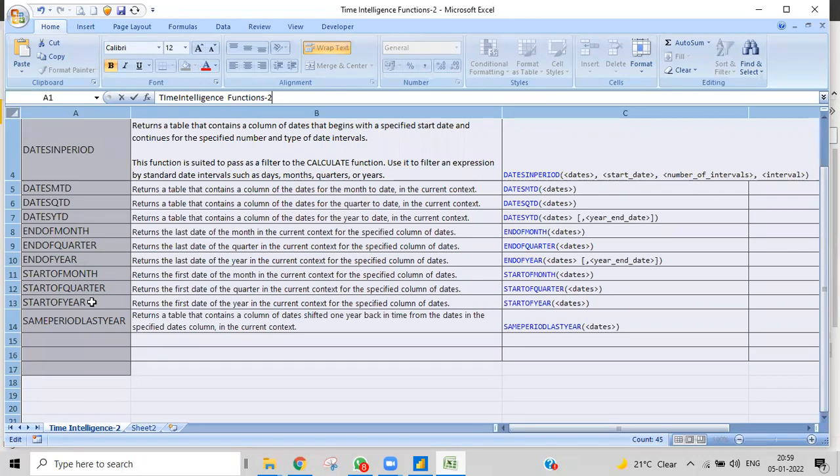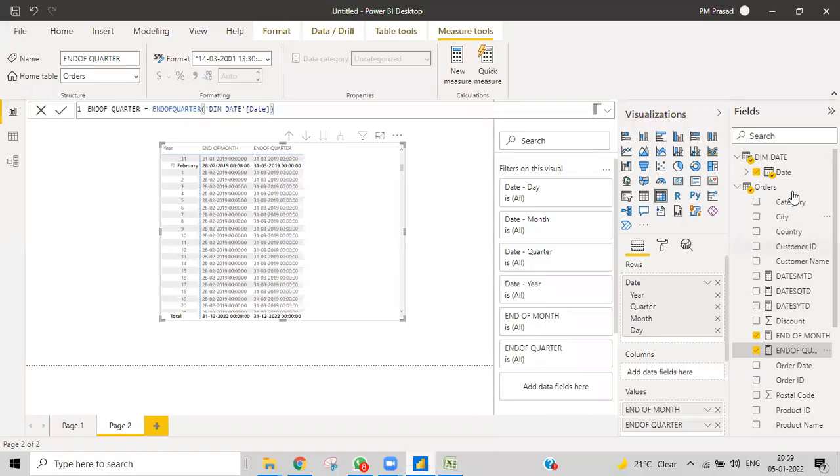We have done this kind of thing in Power Query. Do you remember? The same things that we can do in Power Query, we can do in DAX also. These three things you can do, and you can get the start of year. Let me give you one example, and then you can understand how, with simple measures.